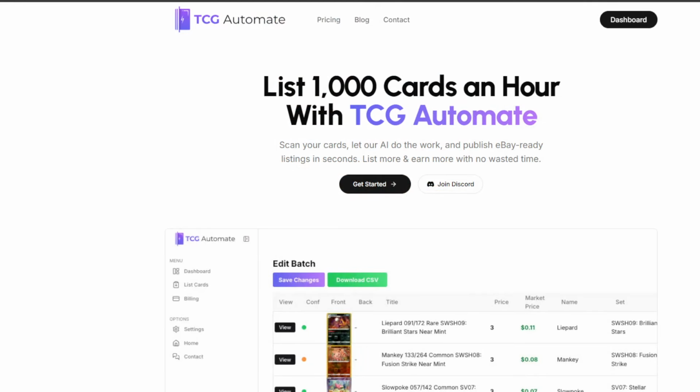Alright, so this is the home page. List 1,000 cards an hour, TCG Automate. And when you get here, you do the whole get started thing. It'll allow you to select a tier. You can choose between a month subscription or a year subscription. I chose just a month to begin with because right now